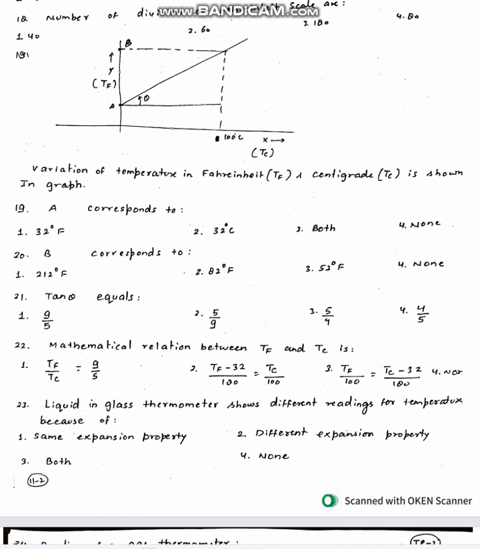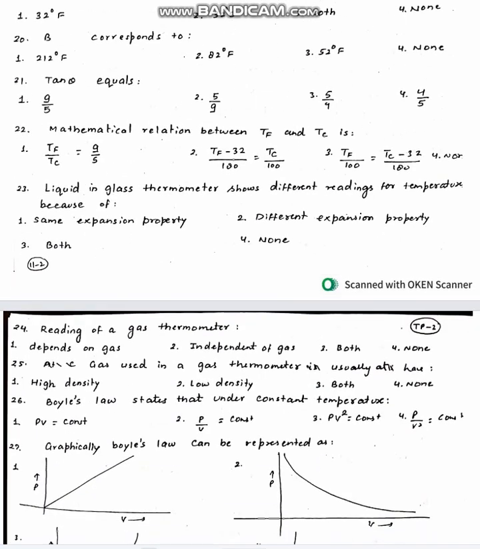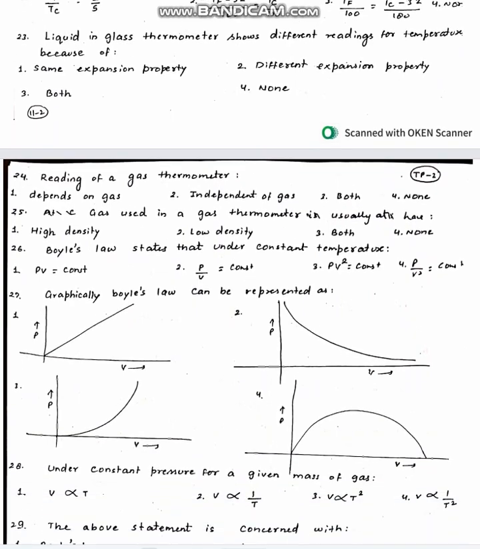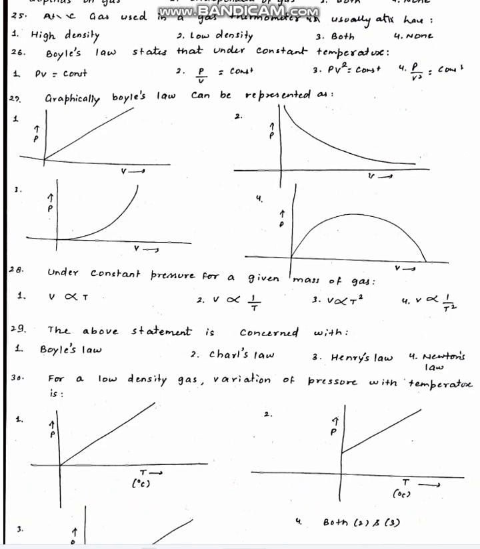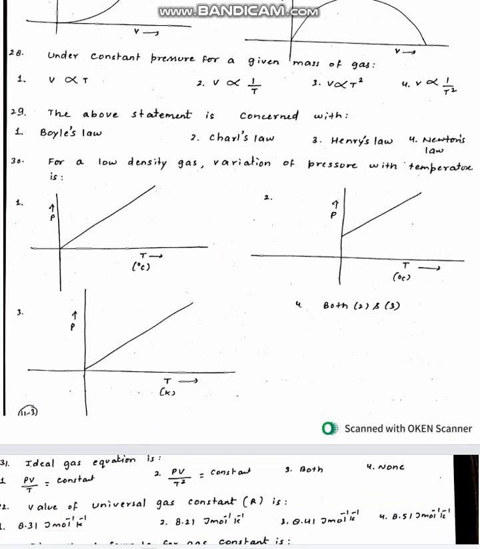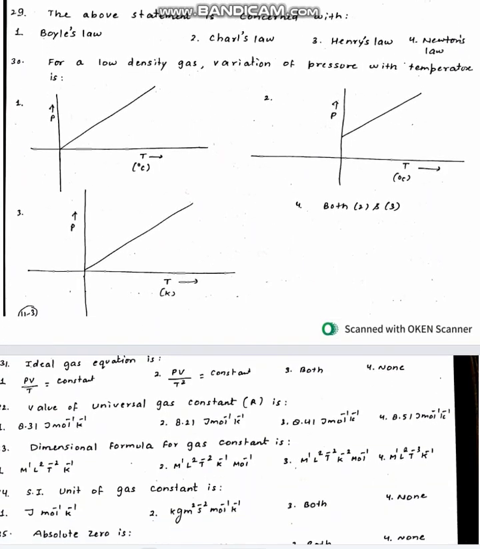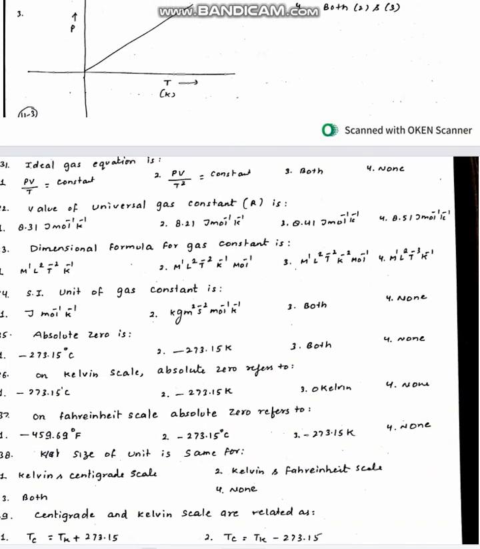Then we have some graph related questions. Then correspondence between A, B and C points, tan theta, mathematical relation. Then liquid in glass thermometer. Then we have glass thermometer. Then Boyle's law, graphs, Charles' law, graphical variation, density versus temperature, ideal gas equation, universal gas constant, its dimensions, SI unit,